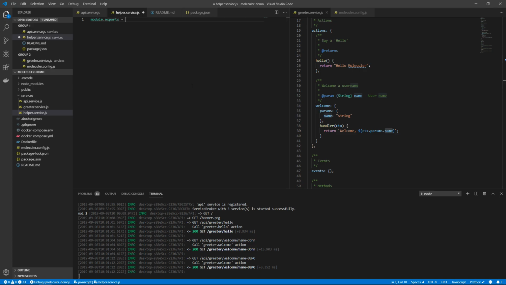module exports. Name is going to be helper, and now we want to register an event handler. So the name of the function is going to be the name of the event that we are listening to. So we're going to listen to an event called hello called. We are expecting some payload,